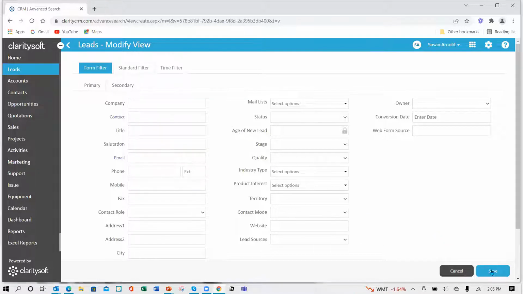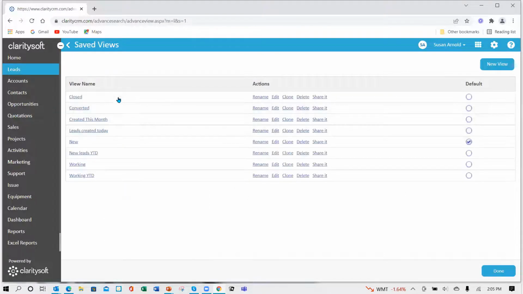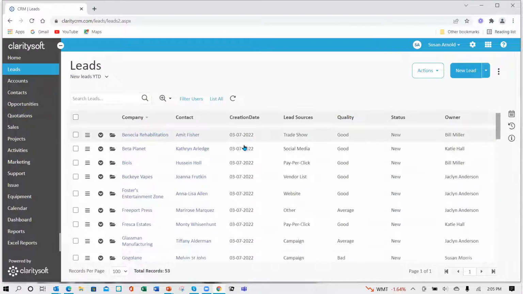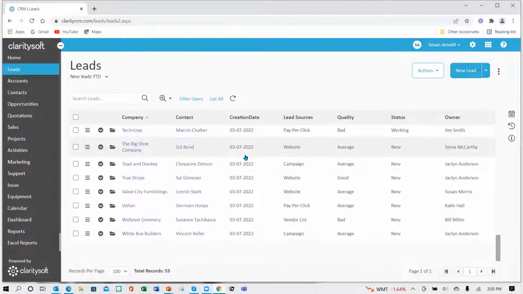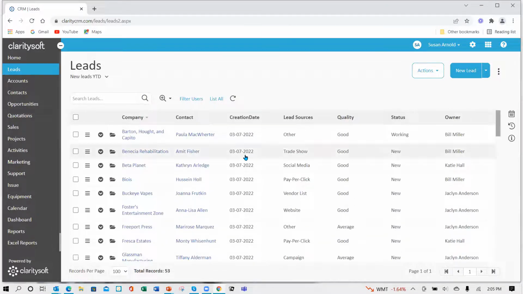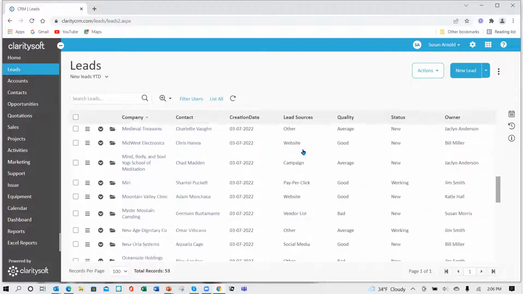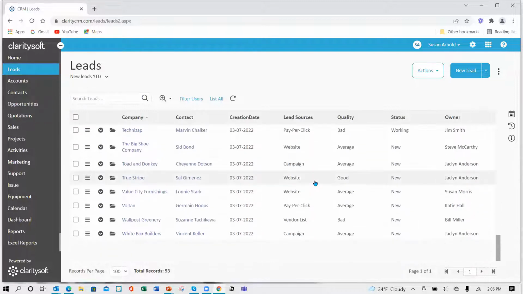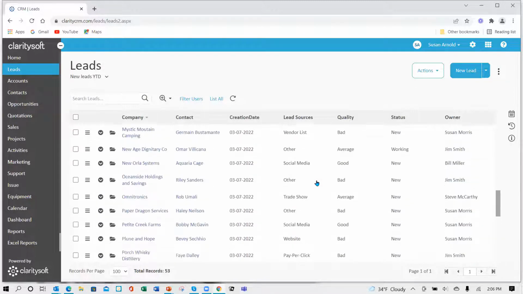And I've saved it. So now I'm just going to click on it to run it. You'll notice that my creation date is yesterday for all of these. That's because I imported them all yesterday. But I have my lead source and I have my quality here. So once I have my filters, I'd want to check my records to make sure that the data is filled in for these two fields, because I'm going to use these in the report. And if they're not filled in, then I'm going to